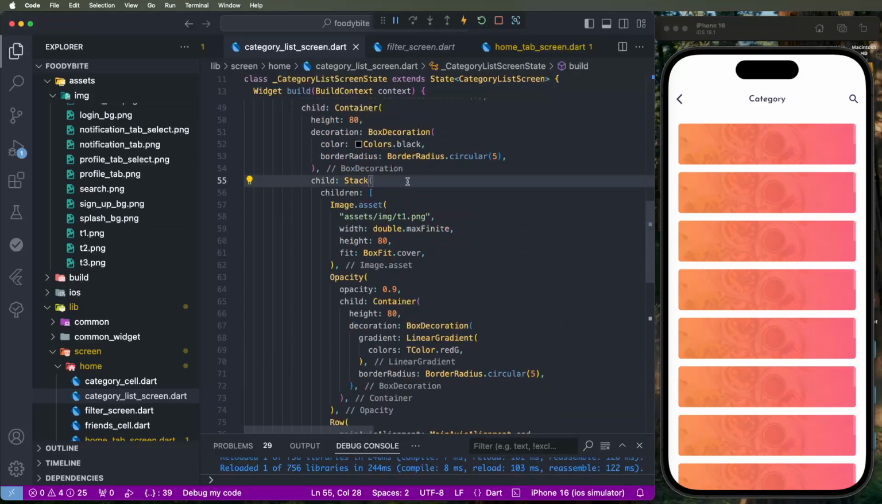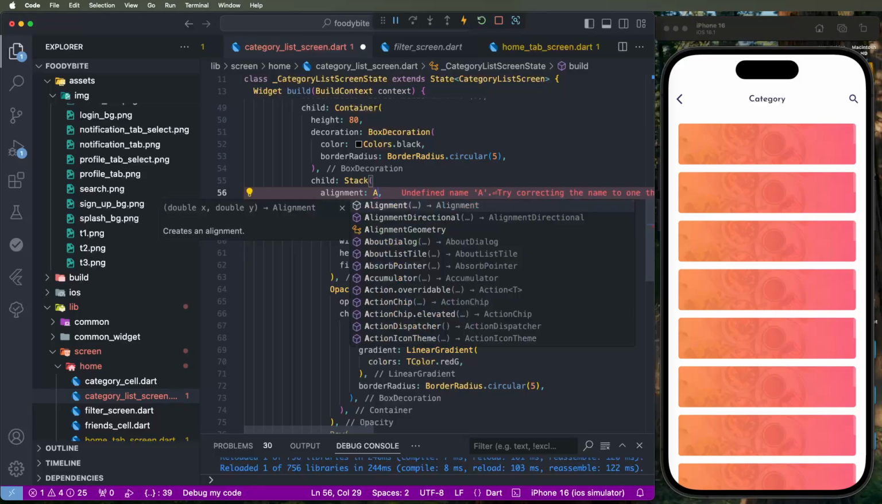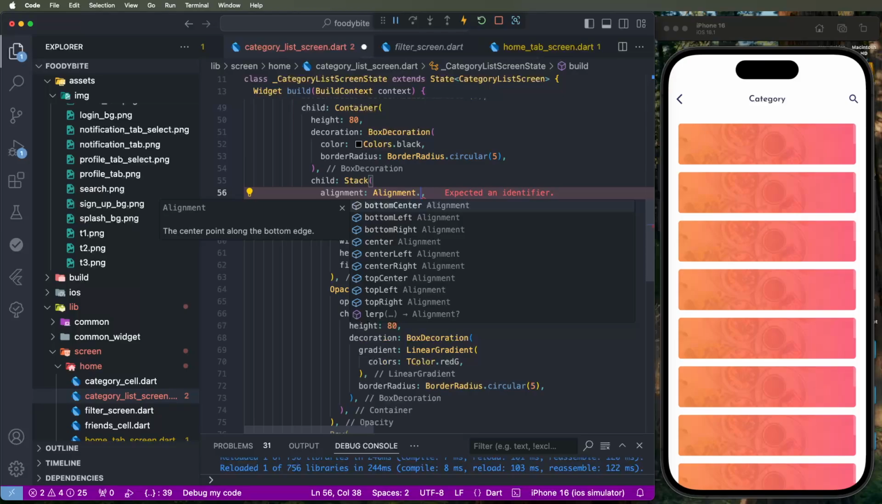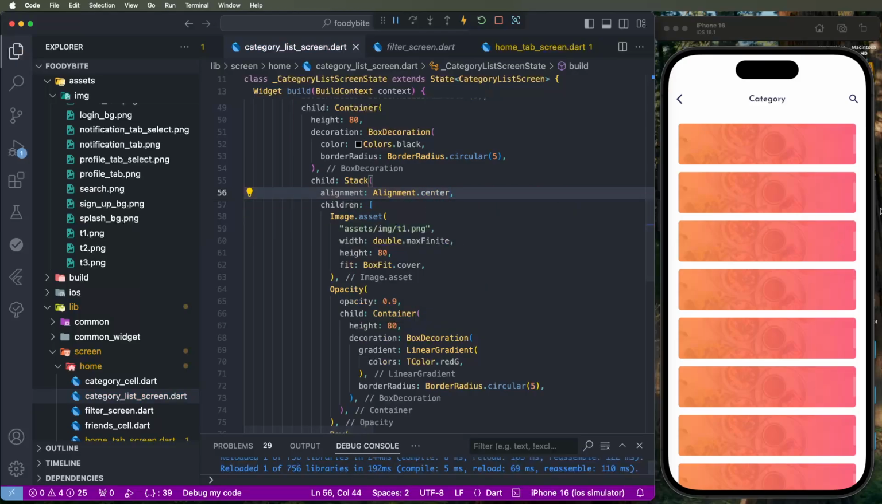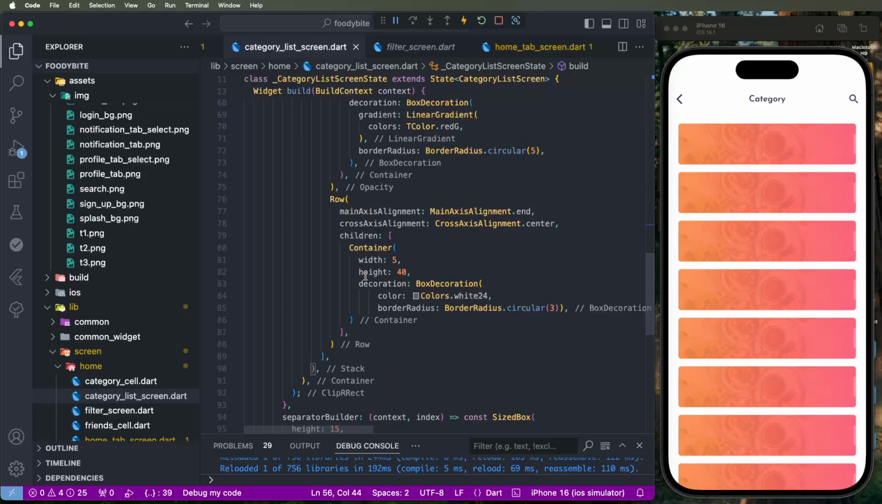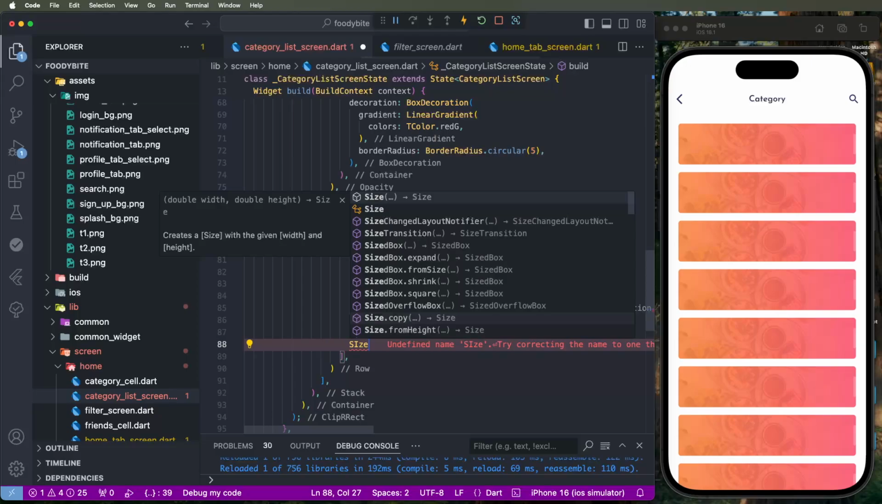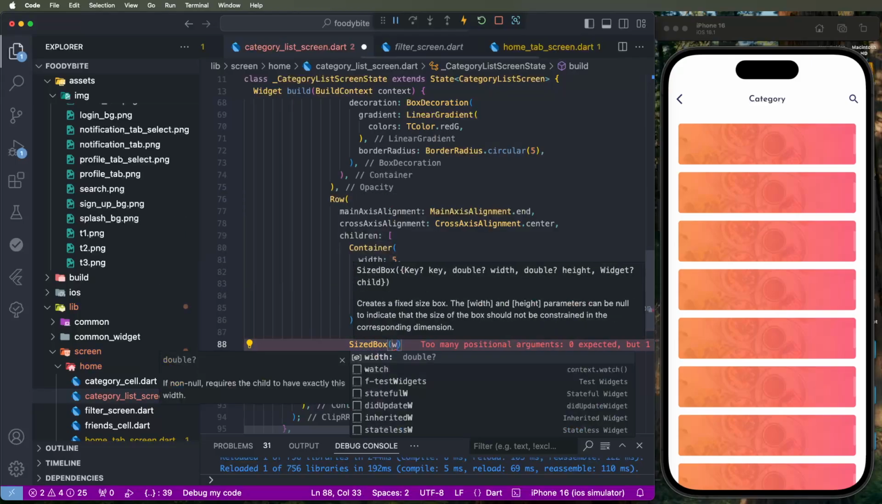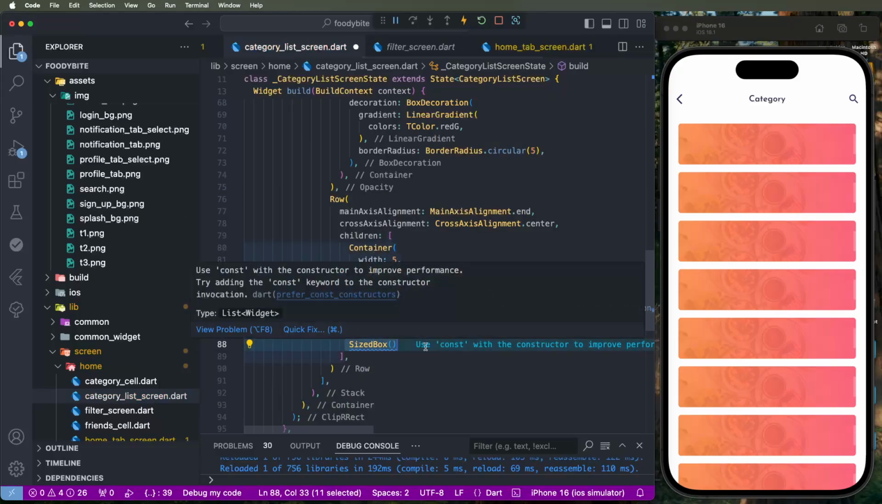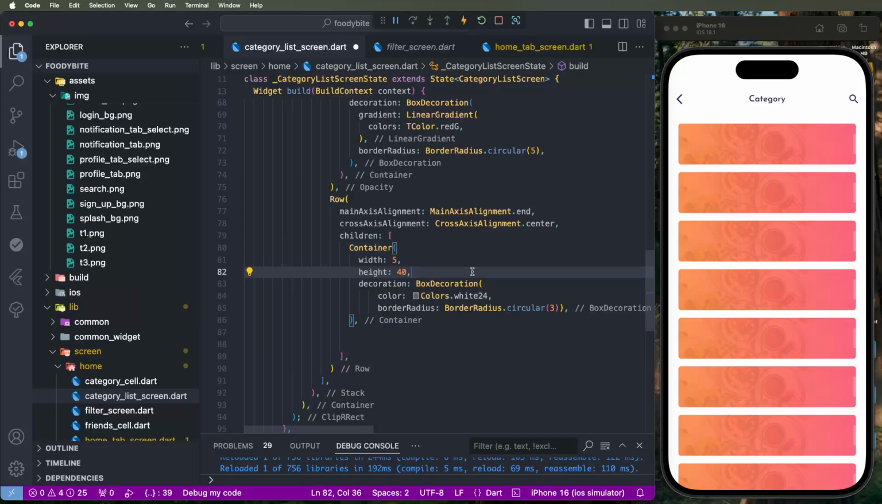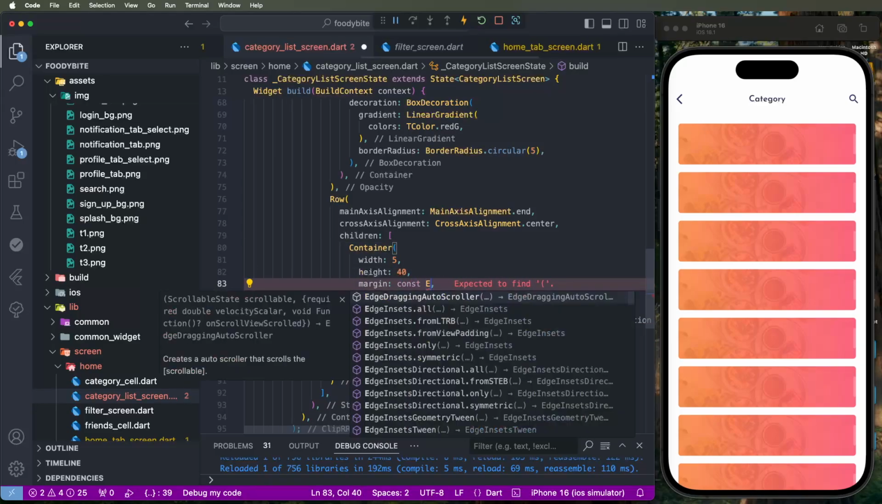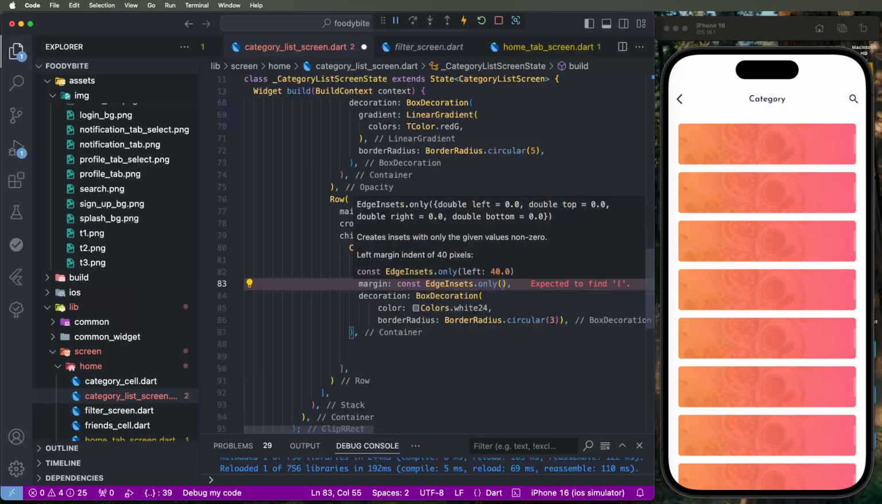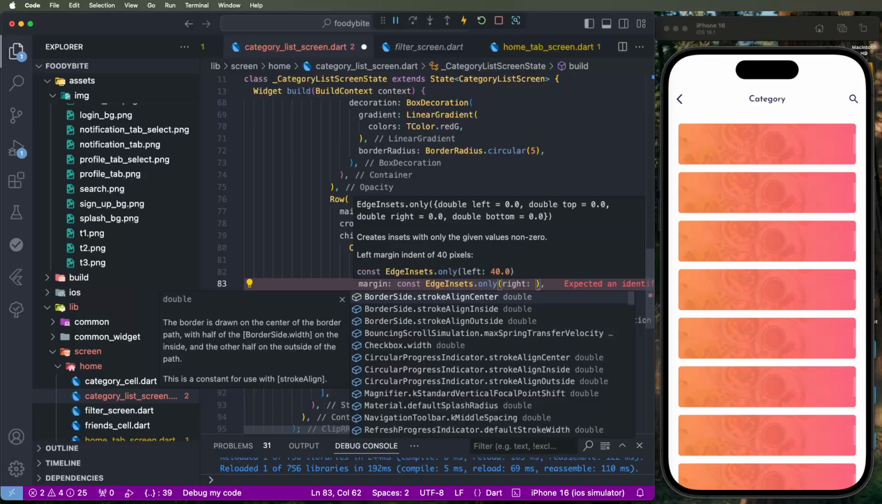Maybe need to give this here the alignment dot center, and show like here. Now need to give this here the width space. Maybe we need to set here the margin, edge insets only, right? We need to give this here the 20,